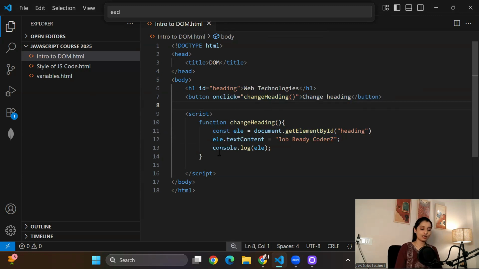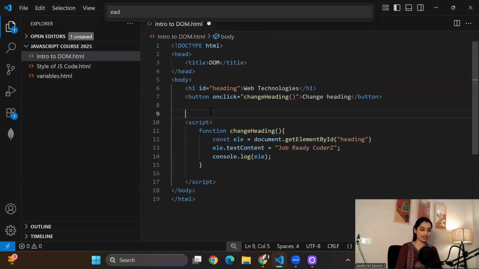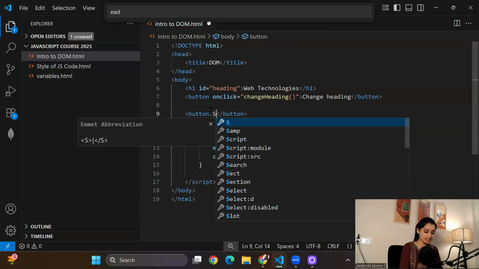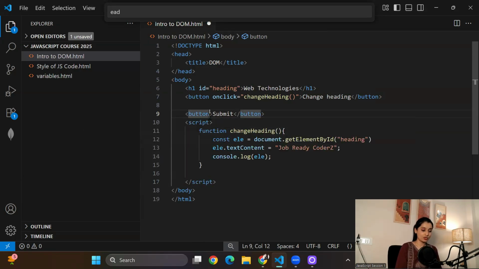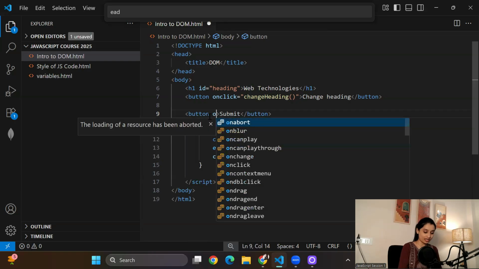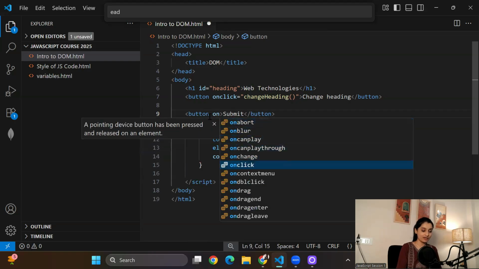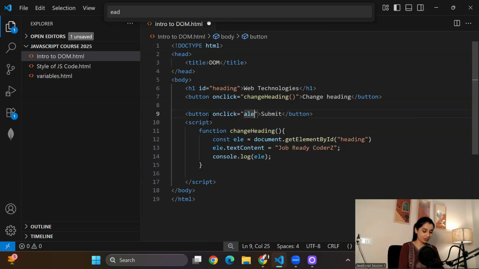So one more on click example if you want to check, here I'll give, let's say one more button I have. Okay, this is my submit button. So here I'm going to use again on click. When user will click on this button, then give one alert message. What alert message? Form submitted. One alert message I'm going to give as,